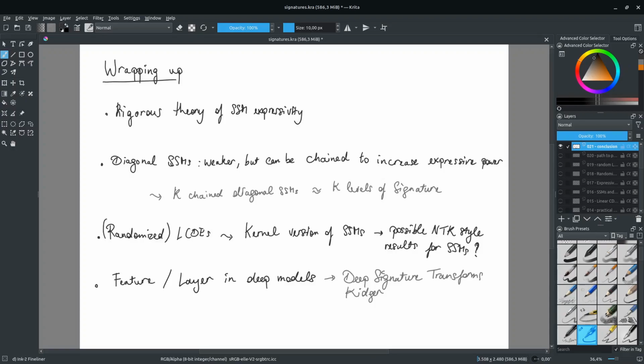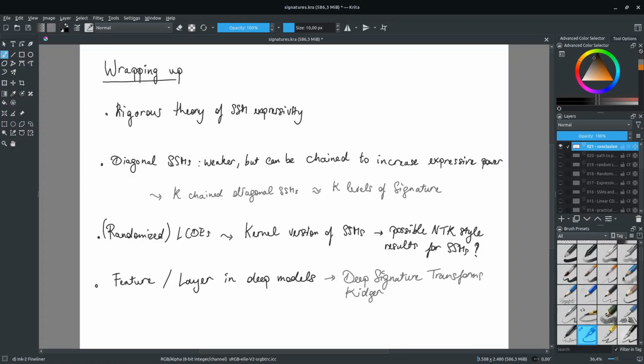Okay, we have these randomized LCDEs. These look essentially like a kernel version of SSMs, and in fact, a lot of the proof in that paper hinges on basically just doing reproducing kernel Hilbert space, so kernel methods. To me, this might be interesting because it might mean that we can get some kind of NTK result where, if you just increase the size of the system, you basically don't even need to train anymore. You're very close to